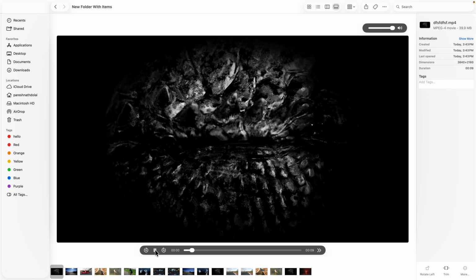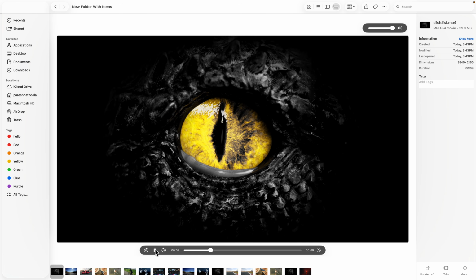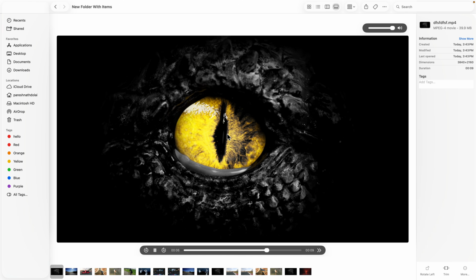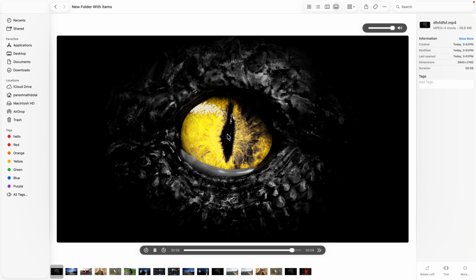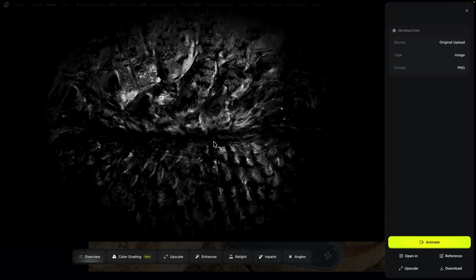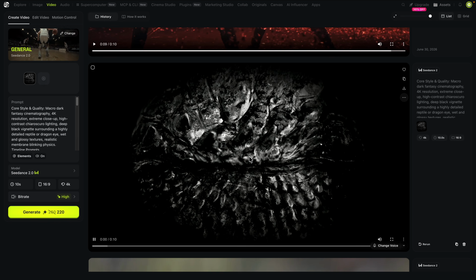For our third test, I want Seedance 2 to replicate a macro shot. This is a cinematic, extreme close-up of a dragon's eye darting around. Let's see if the AI can match the intricate detail and quality of this clip. Just like before, I'm providing the model with the very first frame of the original footage to guide the visuals, along with our Gemini prompt. And here is the